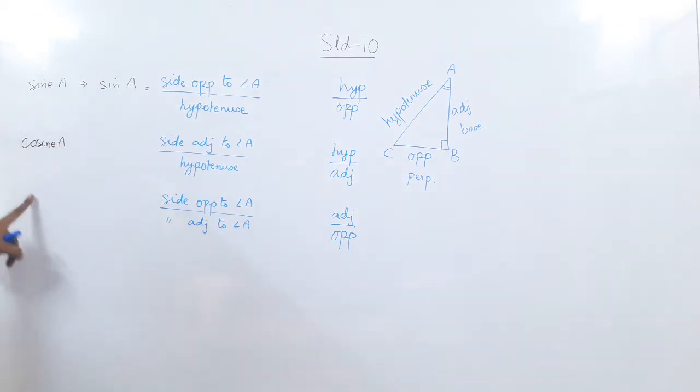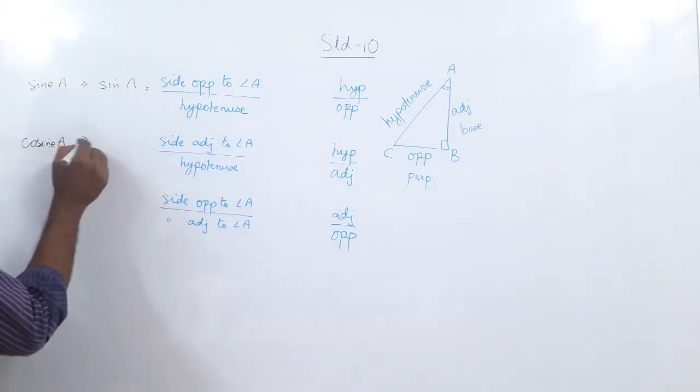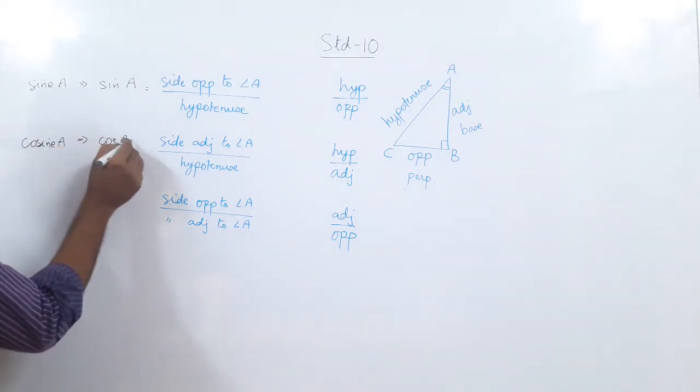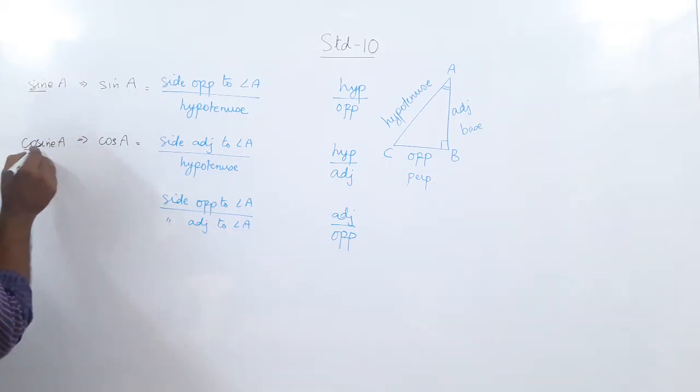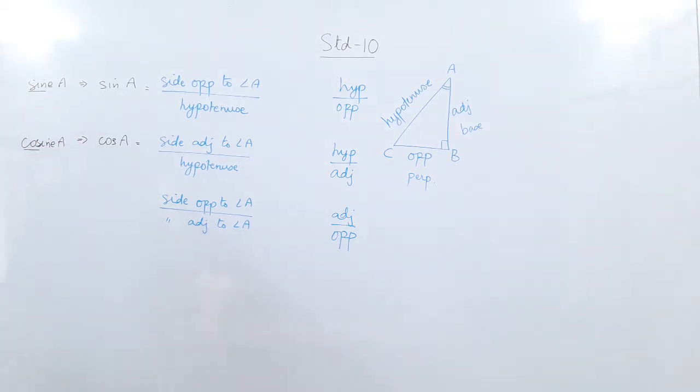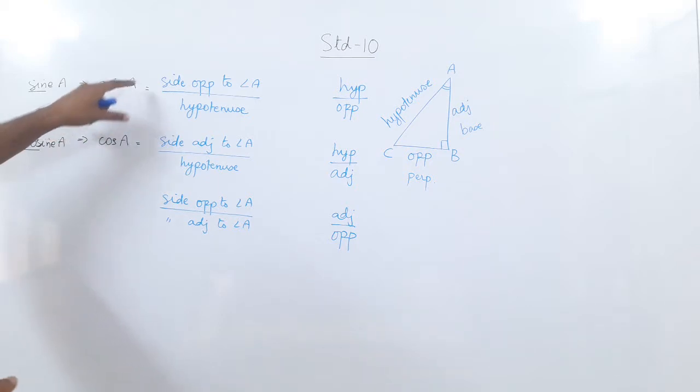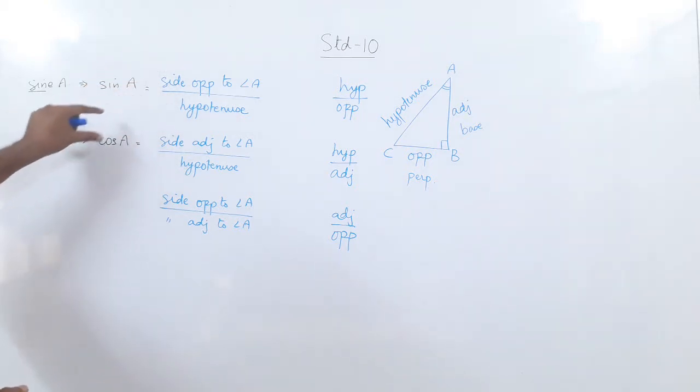Cosine is written because it is related to the sine. In what way? We'll check that later on. That we'll discuss later on, how the sine and the cosine are related. So now we call it cos A. Okay? So this is just a name. So what does sine of A mean? Sine of A means the ratio of the opposite side and the hypotenuse. Cosine of A, or cos A, means the ratio of the adjacent side to the hypotenuse.